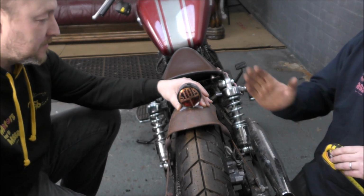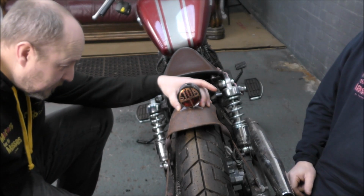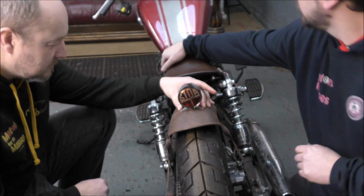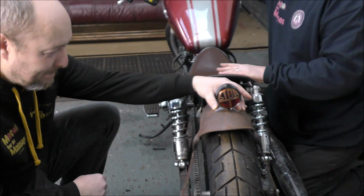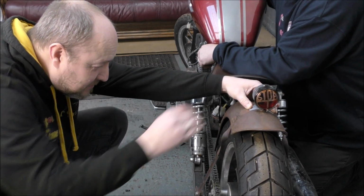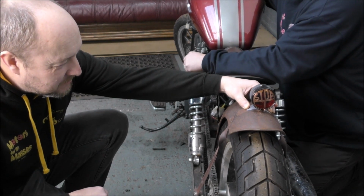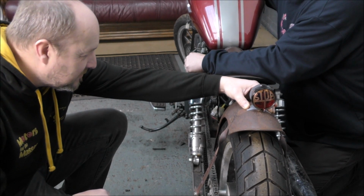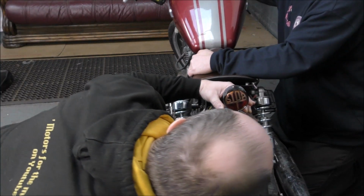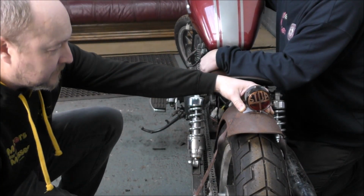Close enough. It probably wants to be bent over a bit actually, doesn't it? Why? Because it's pointing sort of upwards. Not really. Do you want to stand or hold the bike up? Not really, we don't need to do it. It doesn't make any difference. Well, all we need to do is... Yeah, that's what I mean, just tweak it down a little bit. I don't think so. That will affect the height of the front of the lamp. I don't think there's any issue, to be honest. No, just leave it there. Yeah, it's fine. Where are we from the... Okay, so if I hold it there...